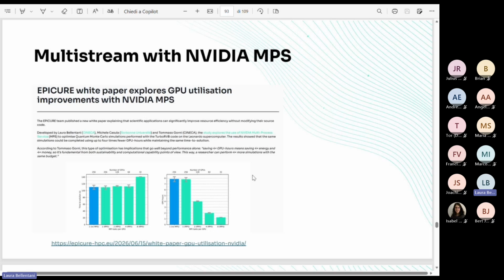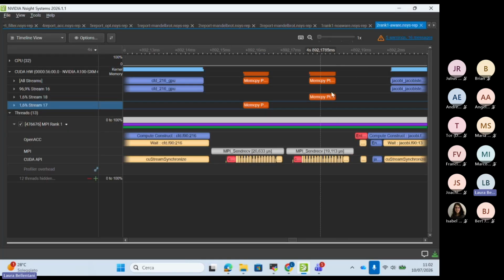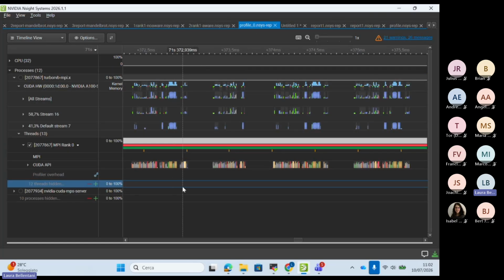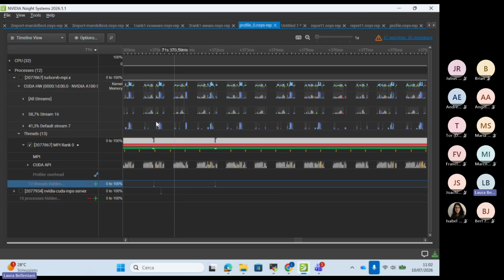Now, to understand, I can open the trace to show you how we can see the improvement when using MPS with respect to a standard run. This is the timeline view of one run on 64 nodes, on Leonardo, of course. In this case, we are looking at the activity on the GPU.